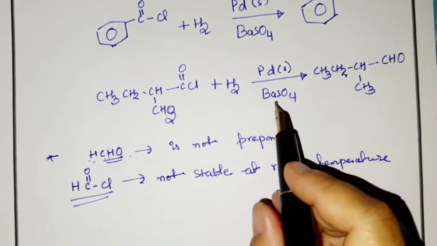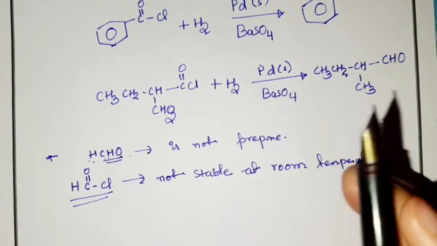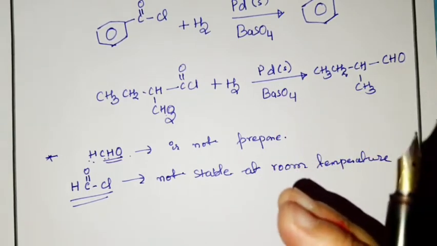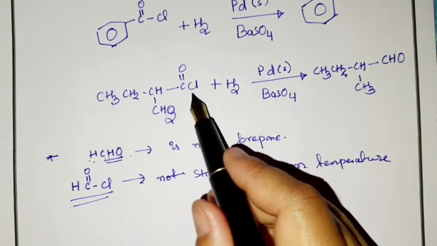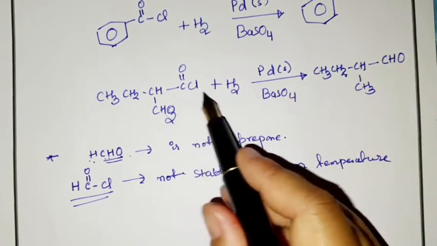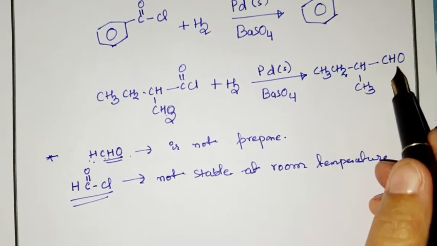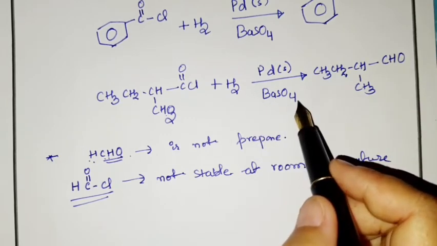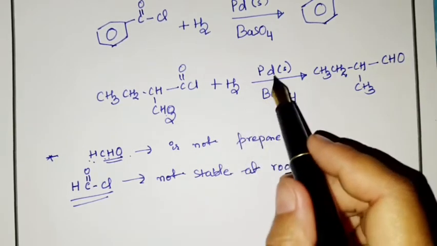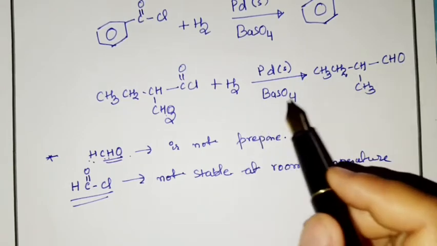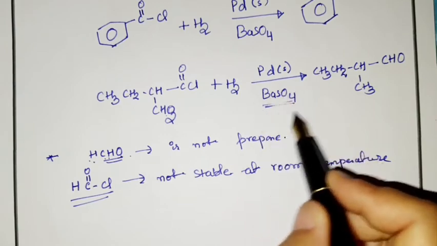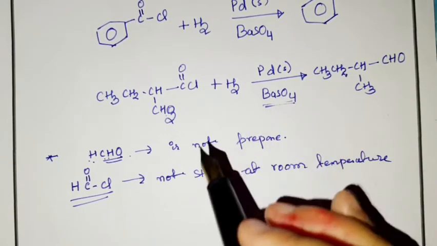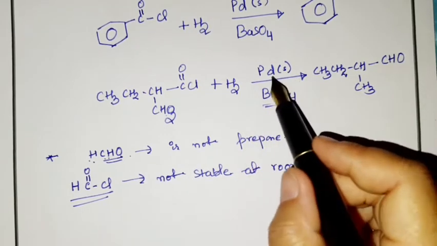Now here the role of barium sulfate is that it controls the reduction. When you reduce COCl, it will get converted to CHO. If BaSO4 is not there, then uncontrolled reduction takes place. That means from the aldehyde again you will get alcohol. So this BaSO4 acts here as a poison, which reduces the activity of palladium,